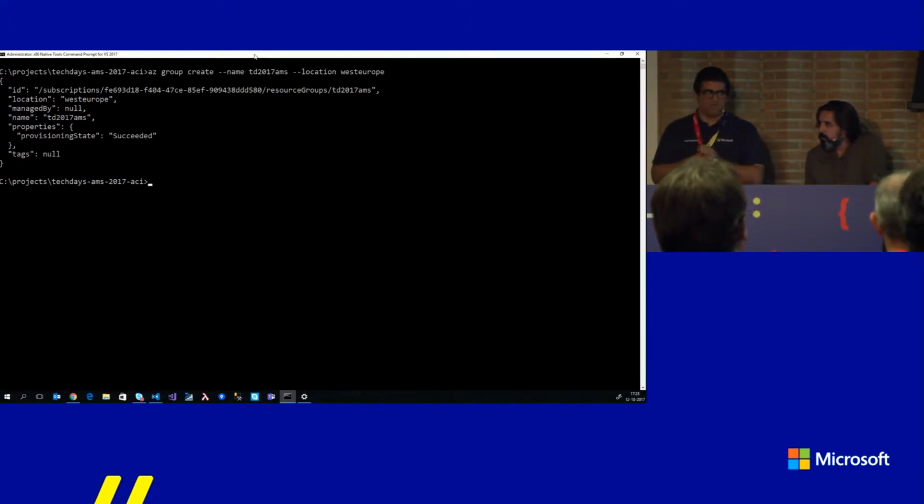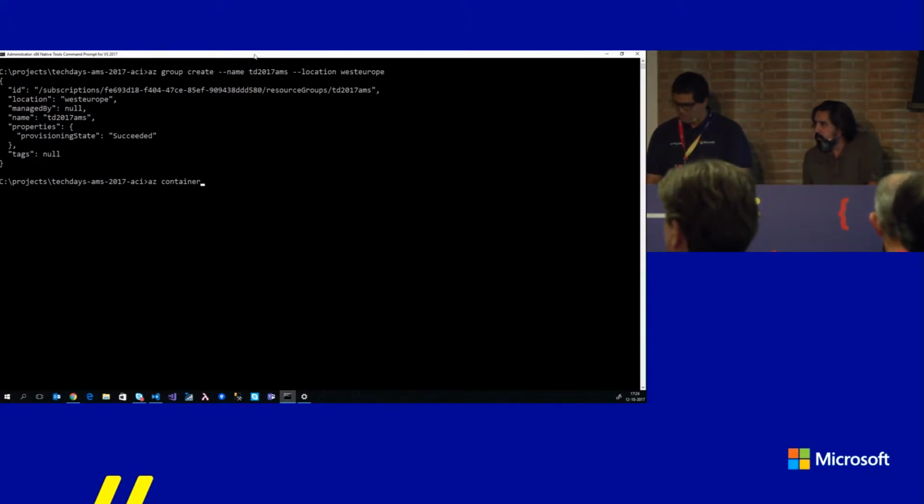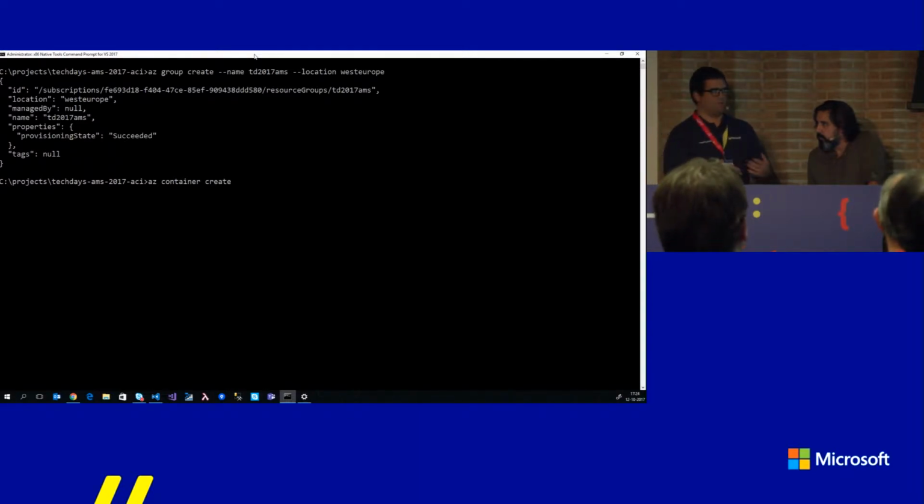All right. If everything goes smoothly, hopefully we should have a resource group. And now we start actually interacting with the container instances service also by the CLI. Like I said, I'm just going to deploy a simple container. So we say az container create. If you're curious about the sort of command lines that are supported, you can easily do help on this, and you'll see what parameters you can put in. But for the sake of time, let's just focus on the creation now.